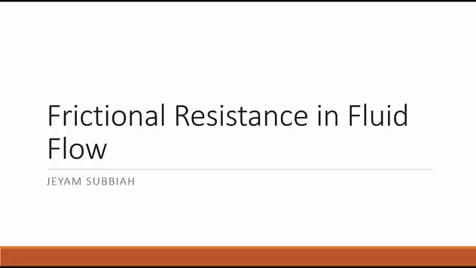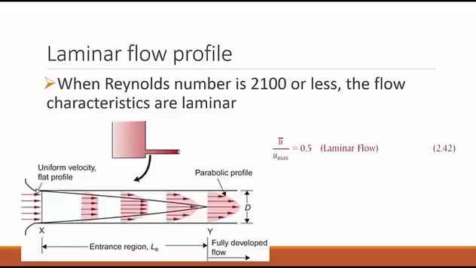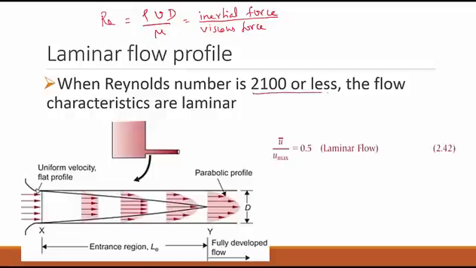Today let's review the frictional resistance in fluid flow. If you remember, the Reynolds number is given by rho v d by mu, which is the inertial force that drives the flow, divided by the viscous force, which is the internal resistance to the fluid flow. When it is 2100 or less, the flow profile is parabolic,